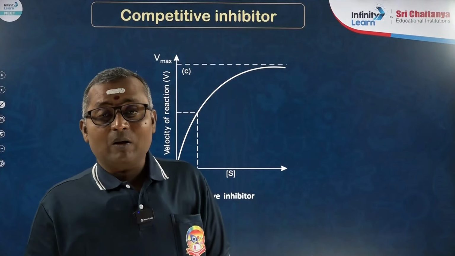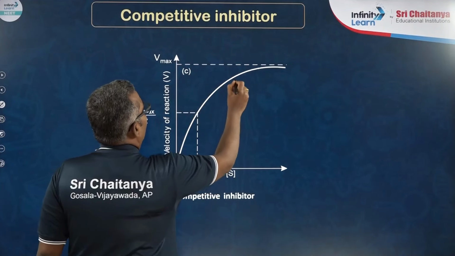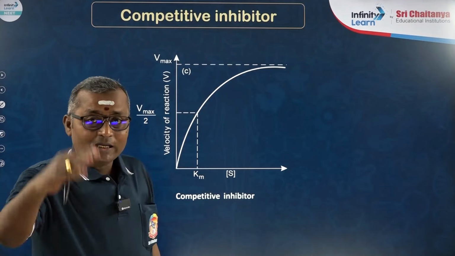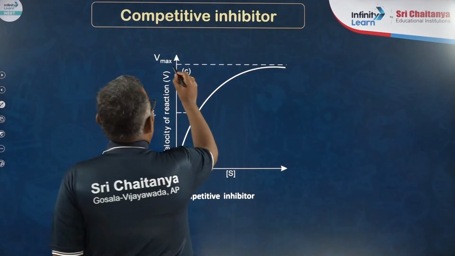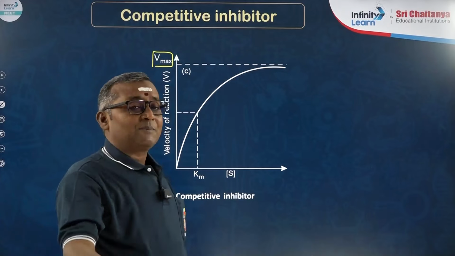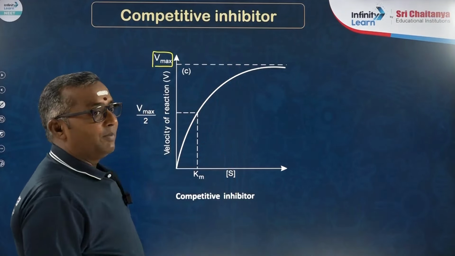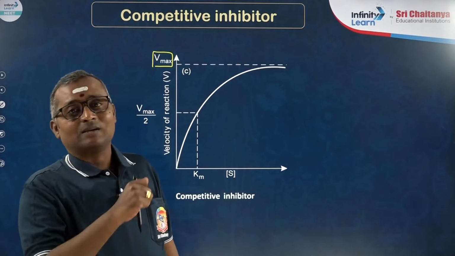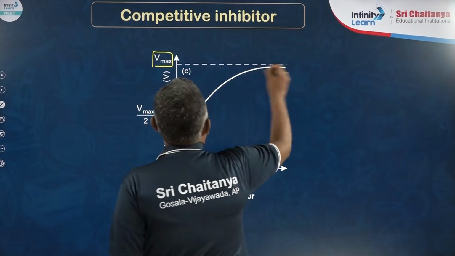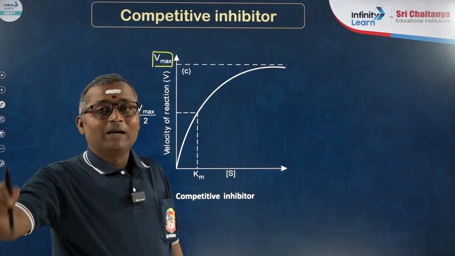When it comes to the substrate concentration, if you increase the substrate concentration, the rate of reaction also increases. Velocity of reaction also increases. If you go on increasing the substrate concentration, the rate of reaction reaches the maximum. That itself is called Vmax. If you further increase the substrate concentration, it does not increase the rate of reaction. Why? Because the number of enzyme molecules is fewer. Therefore, the rate remains stable once it reaches Vmax. So, substrate concentration also has an influence on the enzymatic reaction.